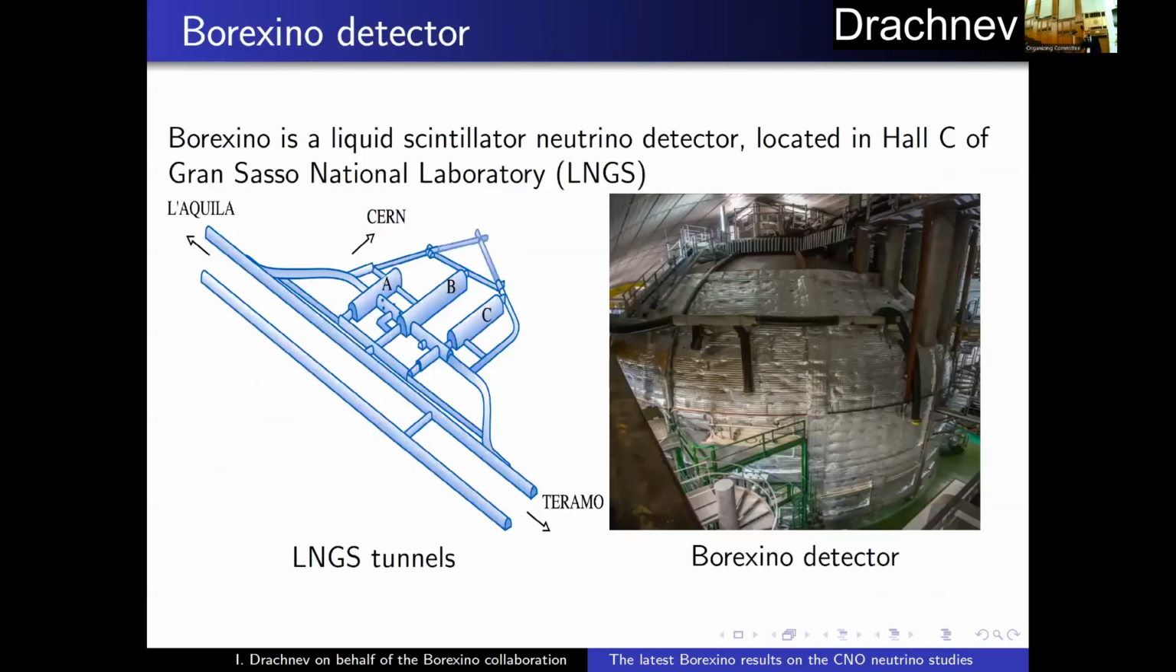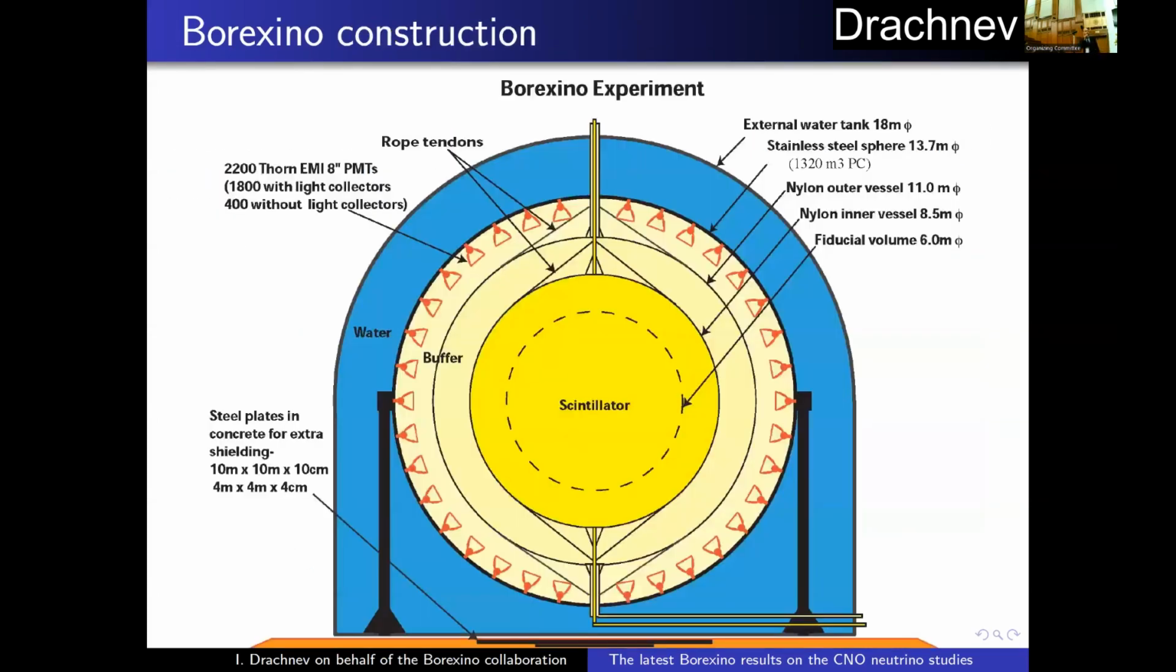We were using Borexino, which was located in one of the world's largest underground laboratories under the Gran Sasso Mountain, in the tunnel between L'Aquila and Teramo. Here you see the picture of the detector, already insulated, since 2014, in order to stabilize the temperature of the detector. And this is its construction. It uses the concept of graded shielding. Outside we have a stainless steel tank that contains